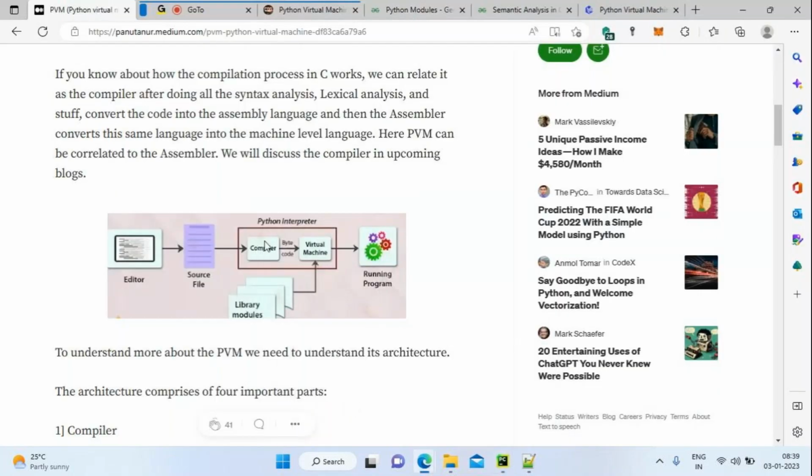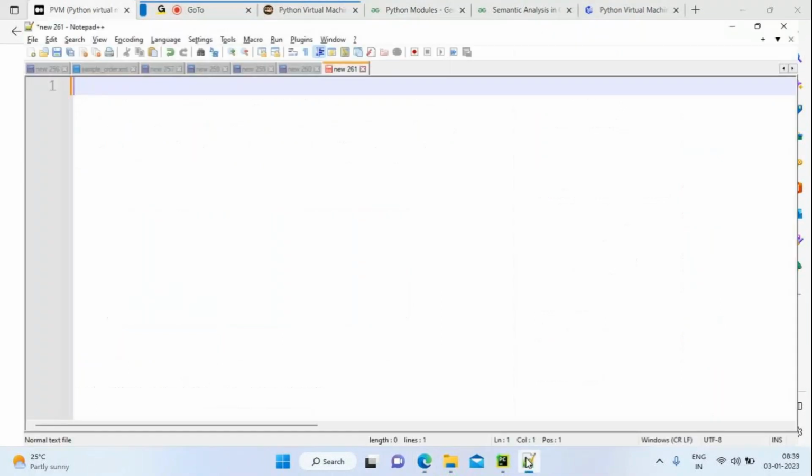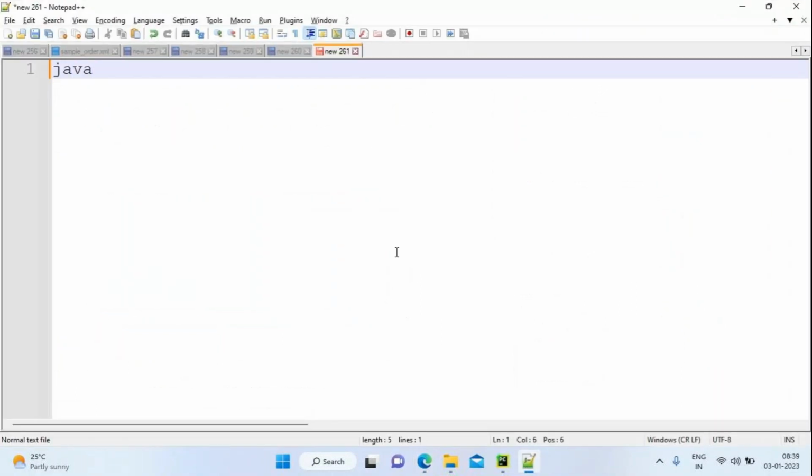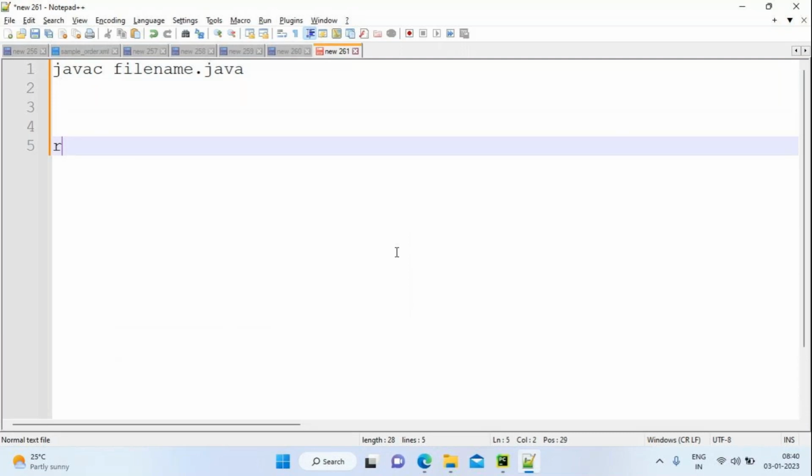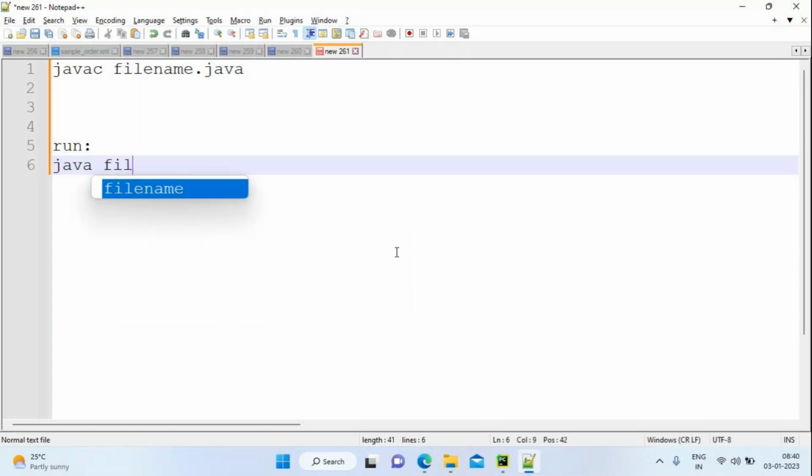Now, in that you can see a box. That box is called the Python interpreter. In that Python interpreter, we have the inbuilt compiler. If you take any other language, we have a separate command. I can show the command over here. For Java, for compiling we use javac filename.java. For running a Java program, we use java with only the file name, with no need to provide any extension.